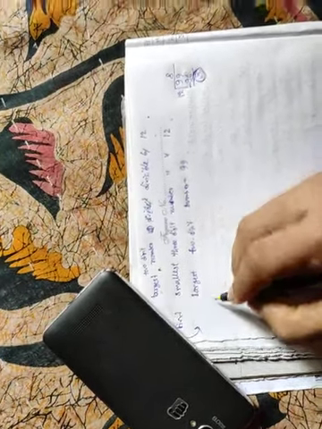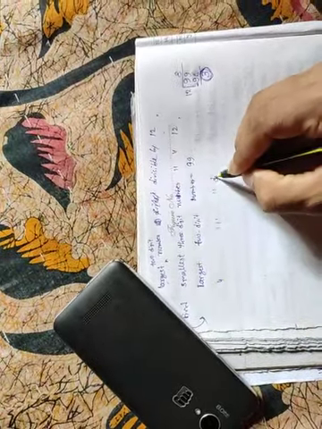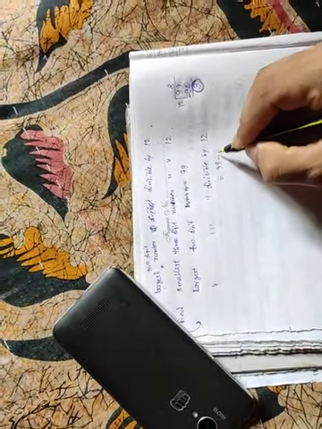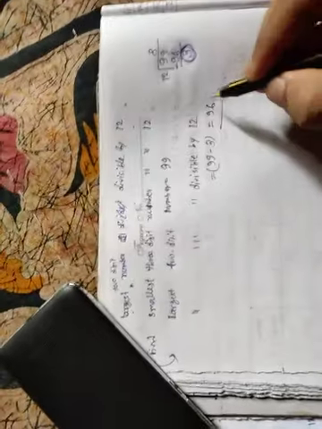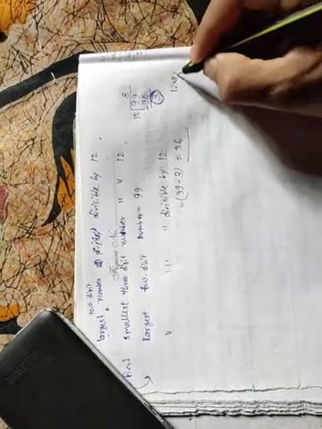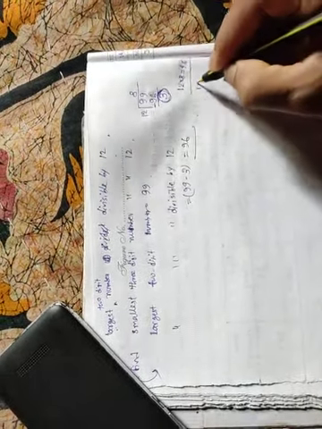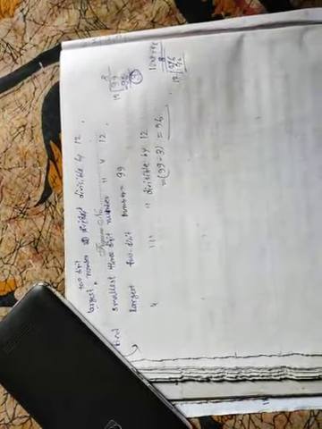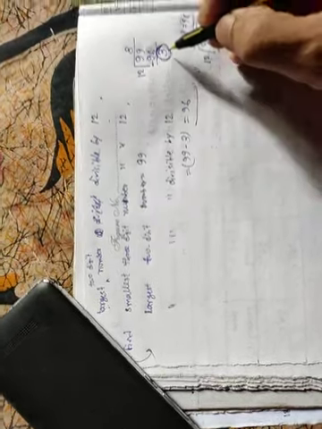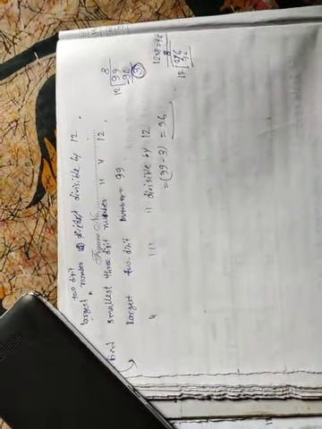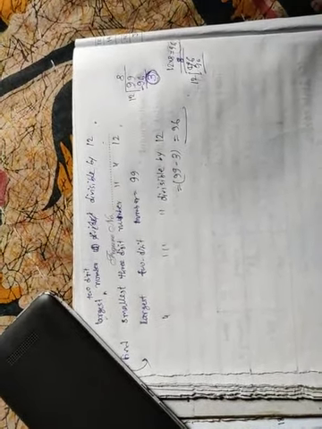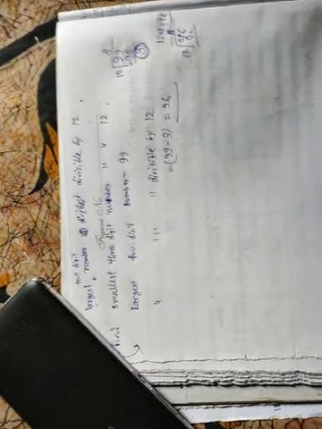Clear? So the largest 2-digit number divisible by 12 is equal to 99 minus 3, which is 96. Is this clear or not? Now you see 96 is divisible: 12 into 8 is equal to 96. So if we divide 96 by 12, we will get 8. 8 will be the quotient. So remainder means excess number. If we subtract the excess number from the main number, then we get the number divisible by that particular divisor. Clear?